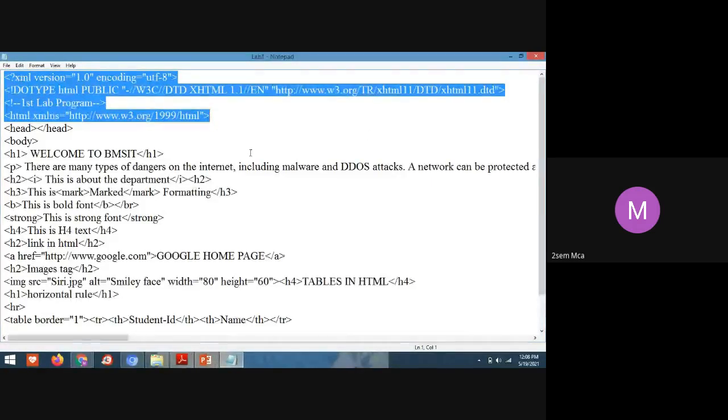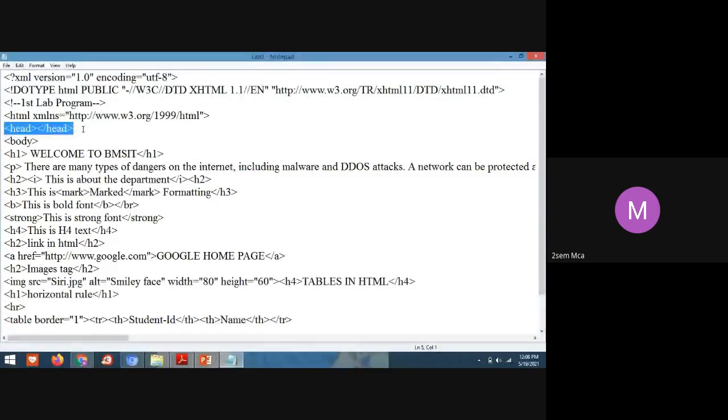This is the header tag. In the header tag, I have not included anything. Next, my actual program is starting from here, students. So what I do,